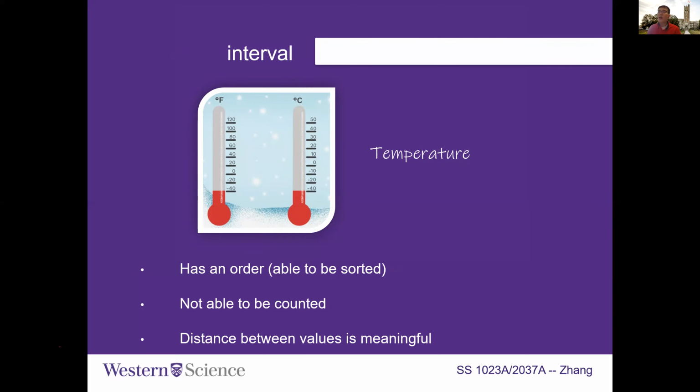More interval data examples? I guess there are not many examples of interval data. Temperature is the one that just popped up in my mind. If I give you another example, many of the data are ratio data, because we do have a specific meaning for zero. Is there any other? I'll think about it maybe, because temperature is the only interval data that pops up in my mind right now.